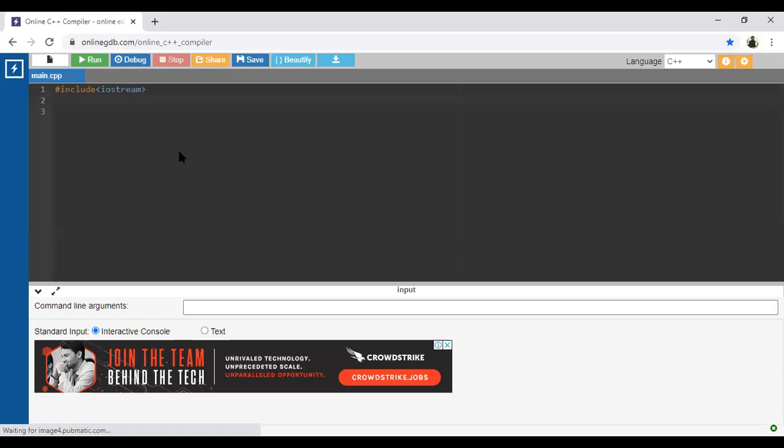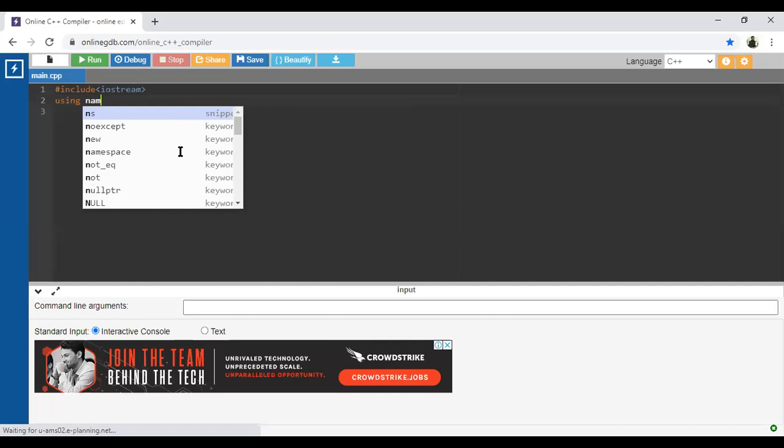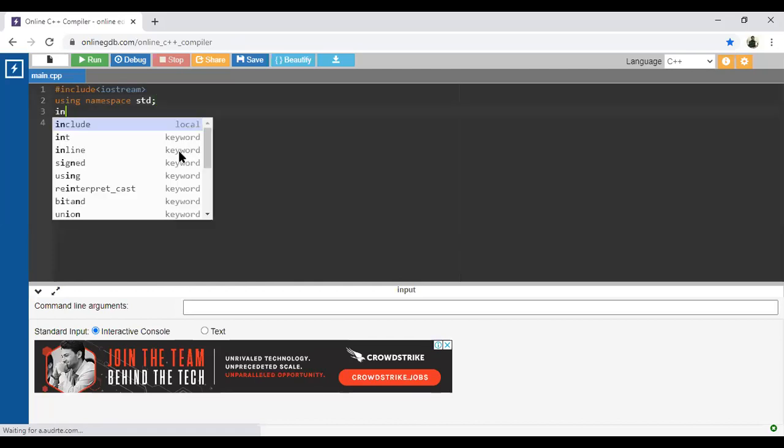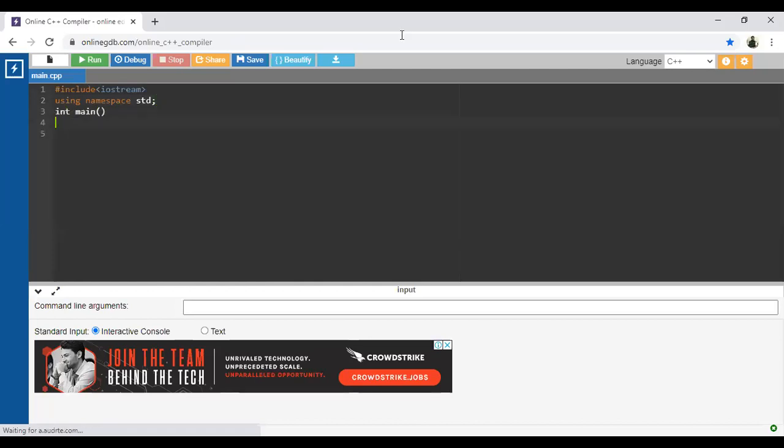Then after that, using namespace std, of the standard library. And then start with the actual coding: int main. After that, integer i, j, and int k.